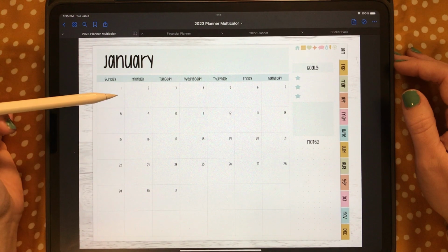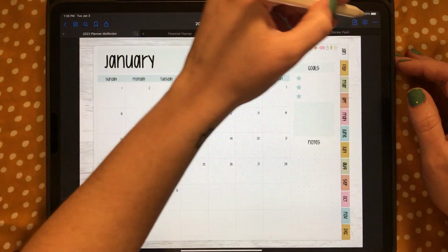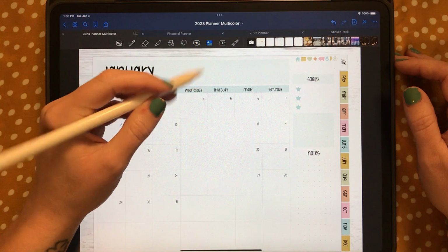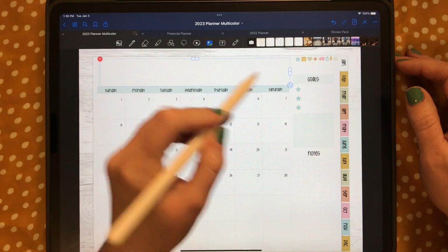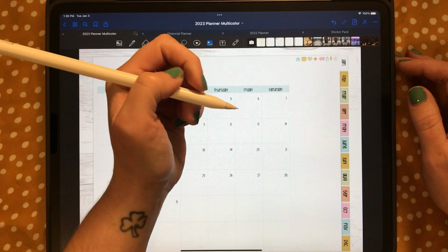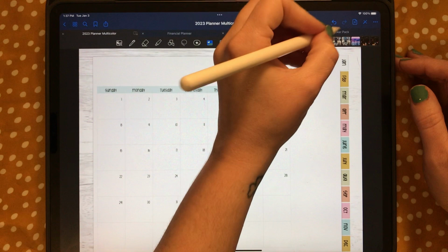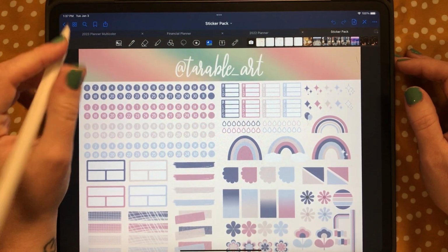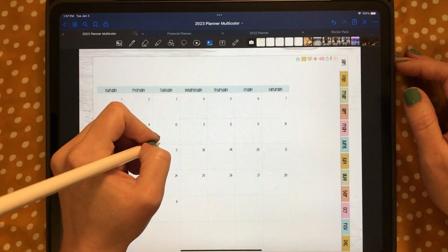Alright, so I think to begin, what I'm going to do is fill in these numbers, and as usual, I'm just going to cover this stuff up. So I'm coming to my elements right now, and I'm going to add in this square and resize it and just cover all of this up and do the same on this side. And I actually want to change this here so that the colors match. So what I'm going to do is I'm going to come over to my sticker pack, and I'm going to find this purple. I'm going to copy it,